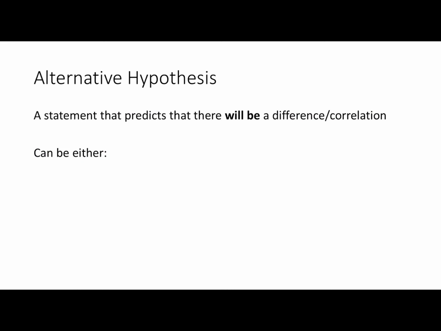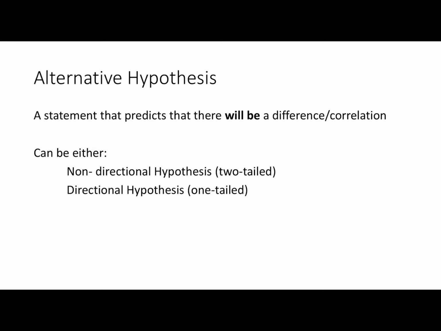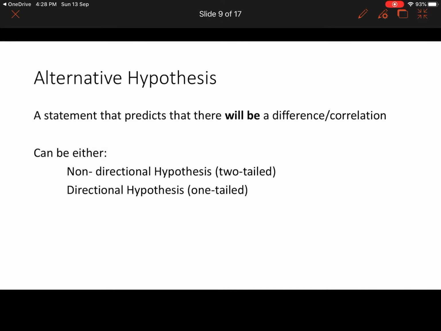An alternative hypothesis, on the other hand, is a statement that says that there will be a difference, or there will be a correlation. So our null says that there will be no difference, or no correlation. An alternative hypothesis says that there will be a difference. And there are different types of alternative hypotheses. We could either have a non-directional hypothesis, otherwise known as a two-tailed hypothesis, or a directional hypothesis,